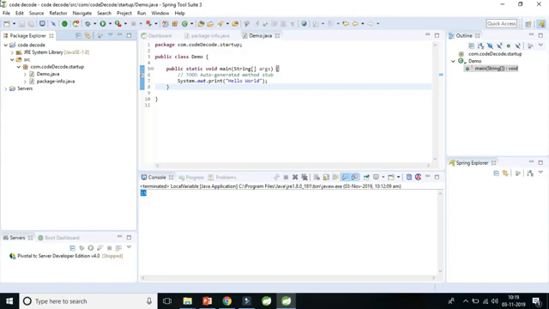In the last video we have covered the workspace setup in Java. In this video we will get started with the variables in Java. So what is a variable? A variable is a name given to a memory location and it is basically the unit of storage in a program. The value stored in a variable can be changed during the program execution